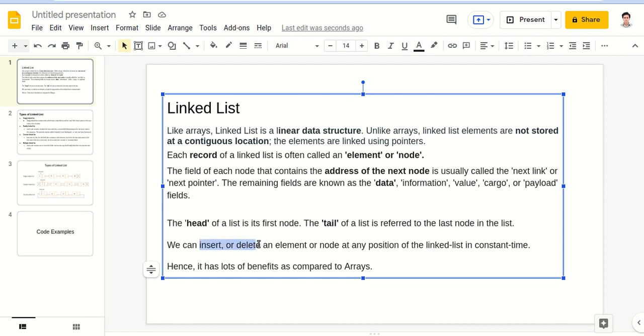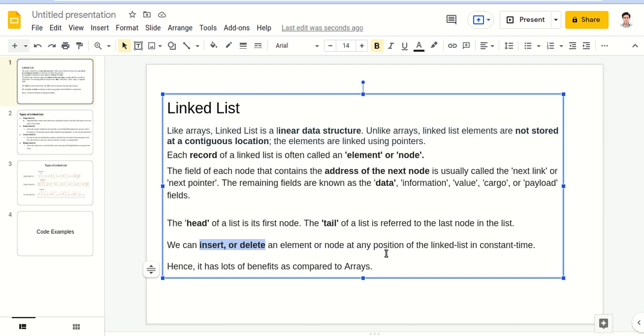We can insert or delete. Suppose there are 100 students, and we want to add one more student in the middle or any position of the list of data.